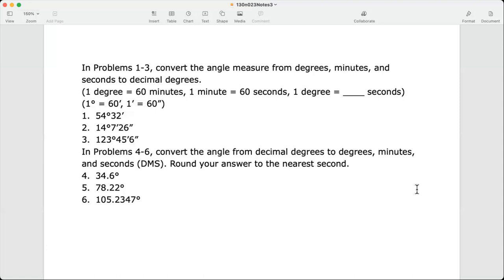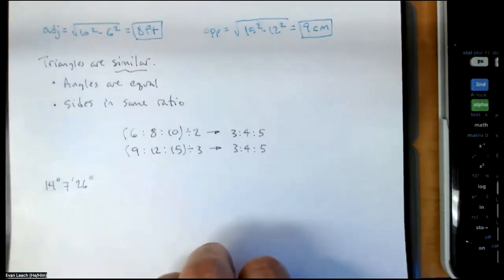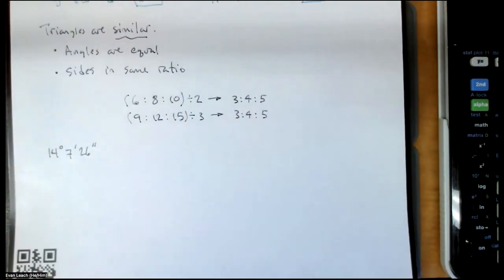We need to be able to convert from one to the other. So we need to be able to convert from degrees, minutes, seconds to decimal degrees, and from decimal degrees to degrees, minutes, and seconds. So let's talk about doing that. If I have the angle that measures 14 degrees, 7 minutes, and 26 seconds,